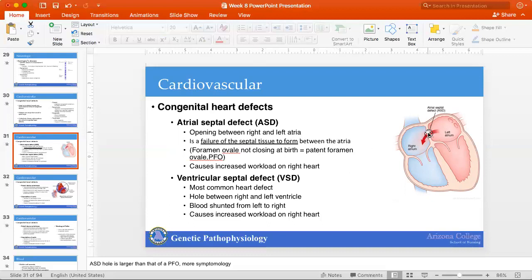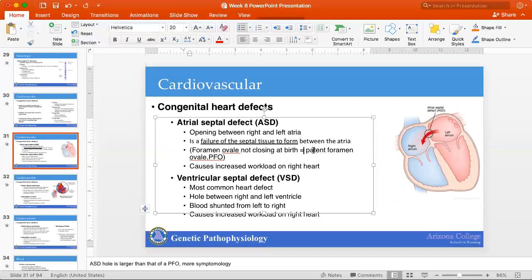Typically this would close immediately when someone was born, but someone with this defect, it wouldn't close. A foramen ovale not closing at birth. If it didn't close, it would be referred to as patent. Patent means open. Patent foramen ovale, or PFO. Causes increased workload on